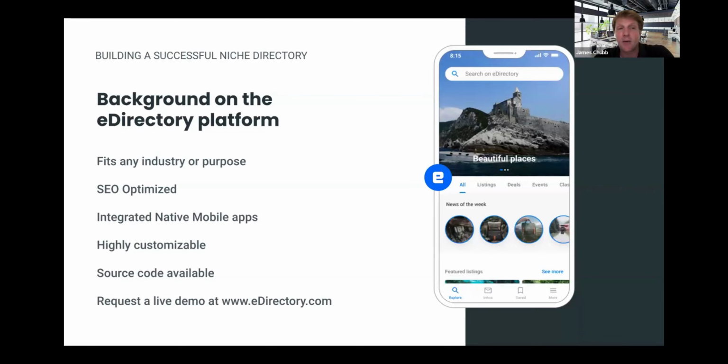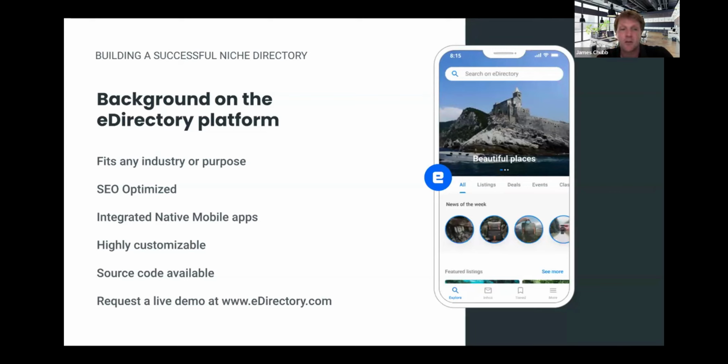We do have integrated native mobile apps that you could submit with your own branding into your own App Store account for iPhone and Android. It's a great feature, connects to the data live, so it's automatically updated whenever you update a listing. It's highly customizable, both with a web interface to drag around widgets and configure the site, the colors and fonts and all that sort of stuff.